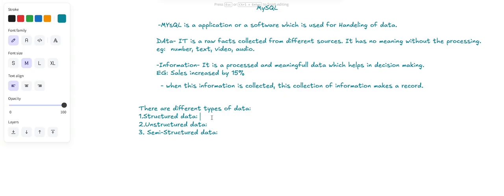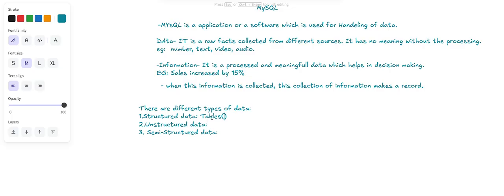Structured data is data in a structured format, in the format of rows and columns and stored in the form of tables. So this is known as structured data.